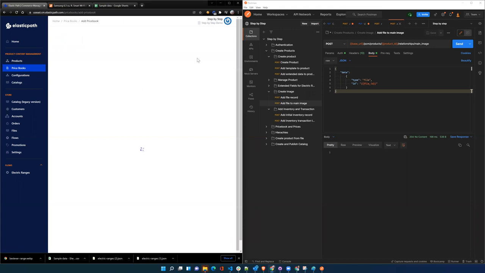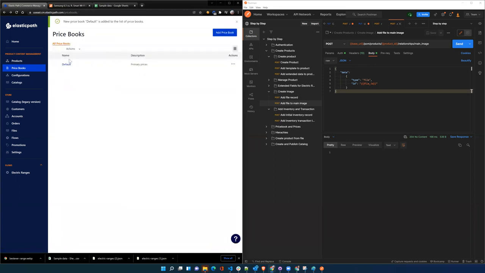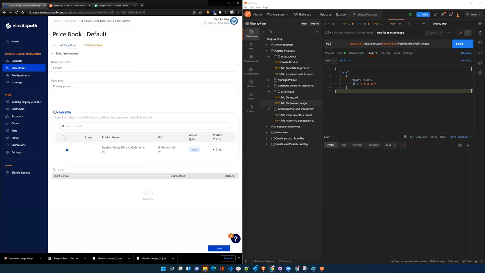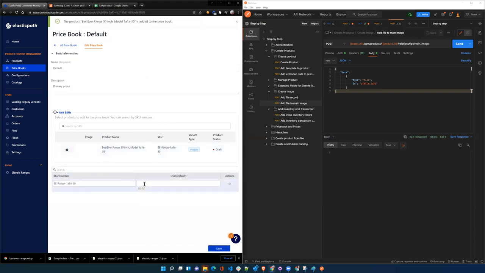So you create product price book, and we'll say default and primary prices, and we'll save, and that creates a price book. Now I just go in and I add my SKUs. I can add this guy and then put in $541